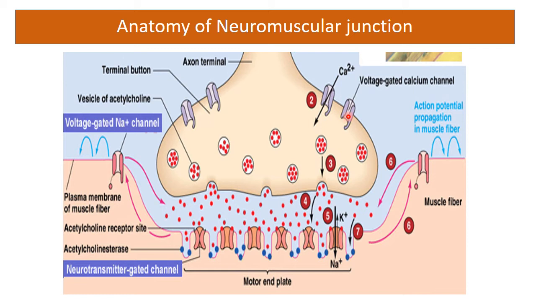Now this was the presynaptic membrane. Before this is the synapse, presynaptic. Now come to the postsynaptic membrane. Postsynaptic membrane, this is the name given to the muscle fiber membrane. This is the muscle fiber membrane. This muscle fiber membrane is the region which is thickened and depressed. This is thickened and you can see that the muscle fiber is depressed here to form a trough or gutter in which this terminal button fits.